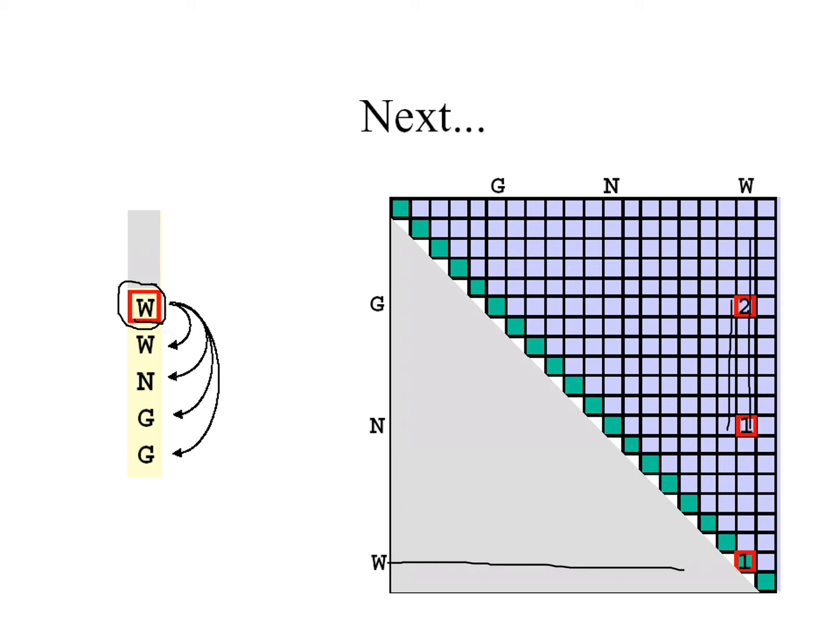Now how will we compare the others? How will we compare W to N and W to G? So from W to N, it's the same way, right? Upper or lower is the same way. So you can consider W and N here. So we have one N only, so we wrote one N only, as you can see. And W to G, we have two more G's. So W to G, as you can see, we have two G's, so we wrote 2.